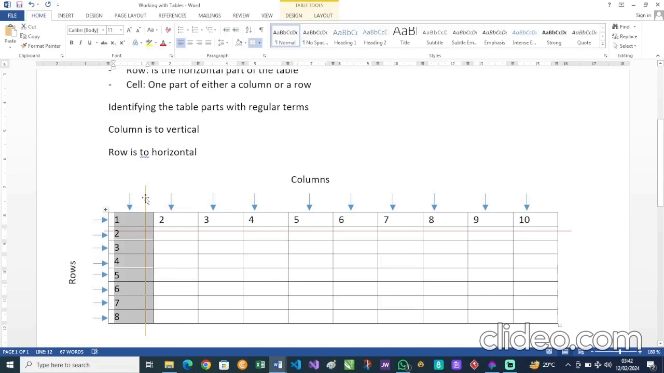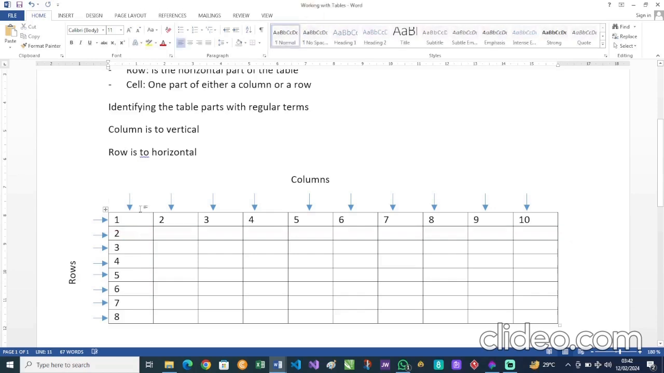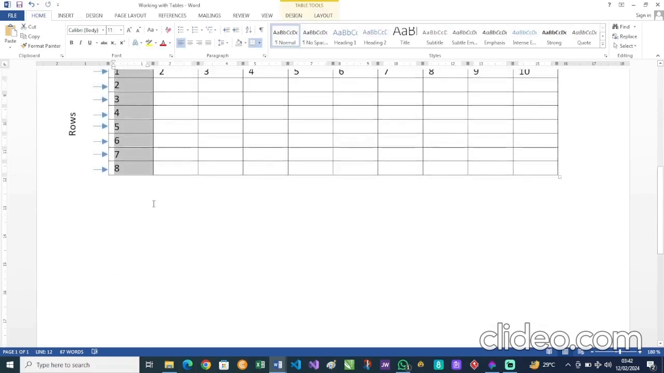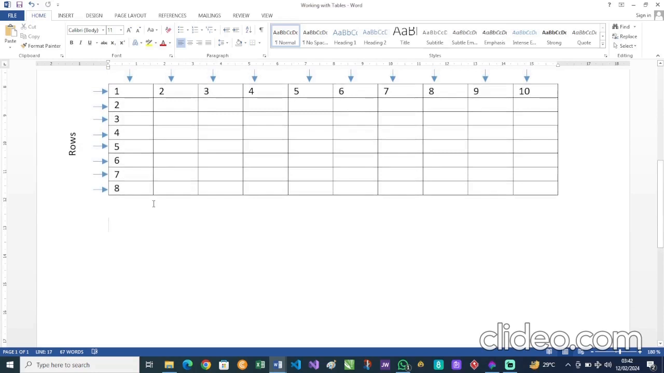Let me get rid of this line. So I believe that is clear. So we now understand that the columns are the vertical part of the table, while the rows are the horizontal part of the table. Now some might say, oh, you're wrong, it's not possible. So let's do something. We'll be doing specific targets. Let me just do this. I'll be saying